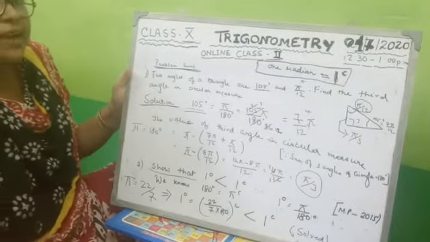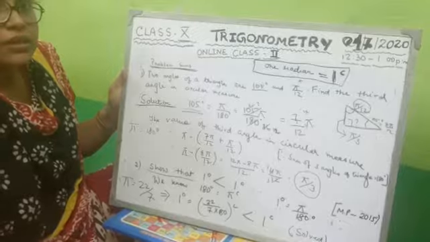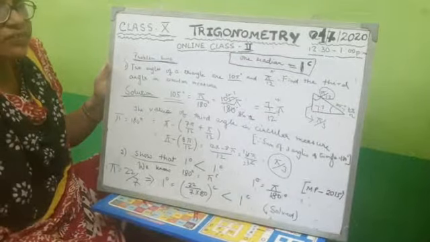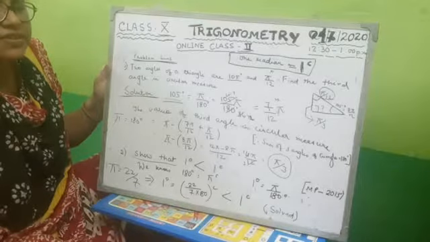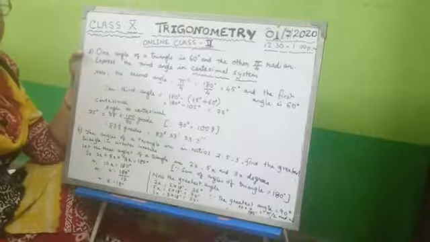See the sums minutely, children. Copy it in your copy. I am giving you time. Copy these two sums in your copy. These are vital sums. And soon I am coming with the next two sums. Thank you.